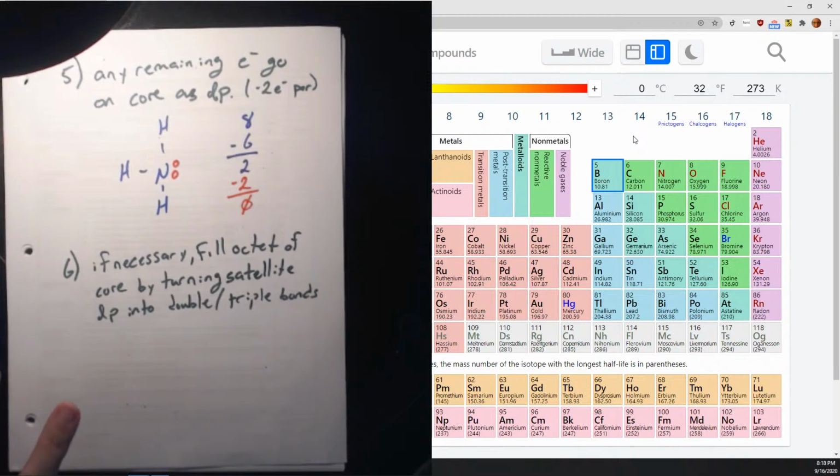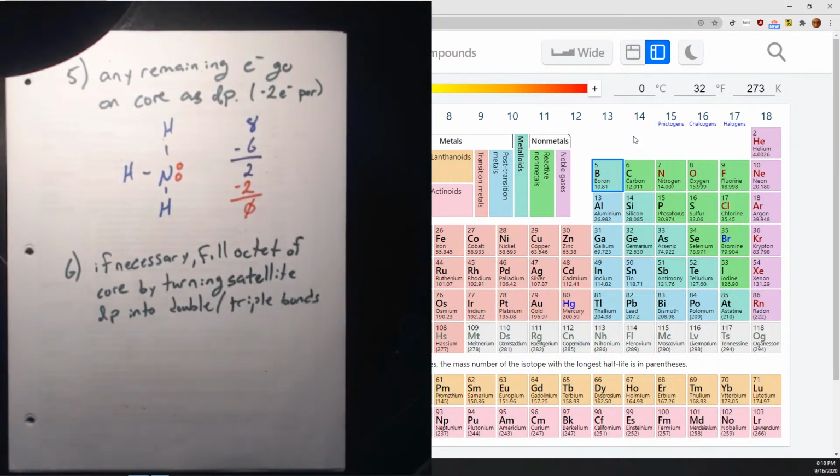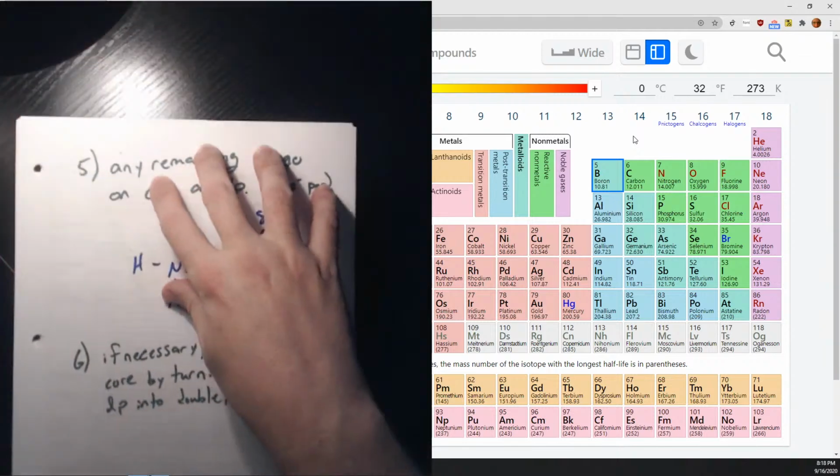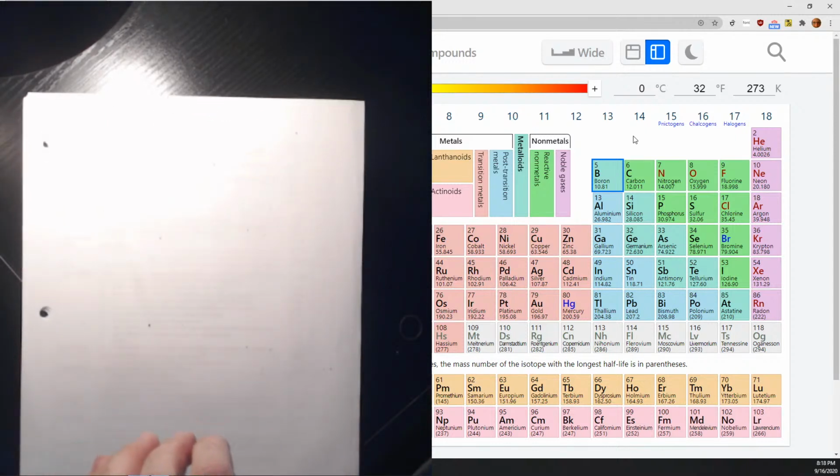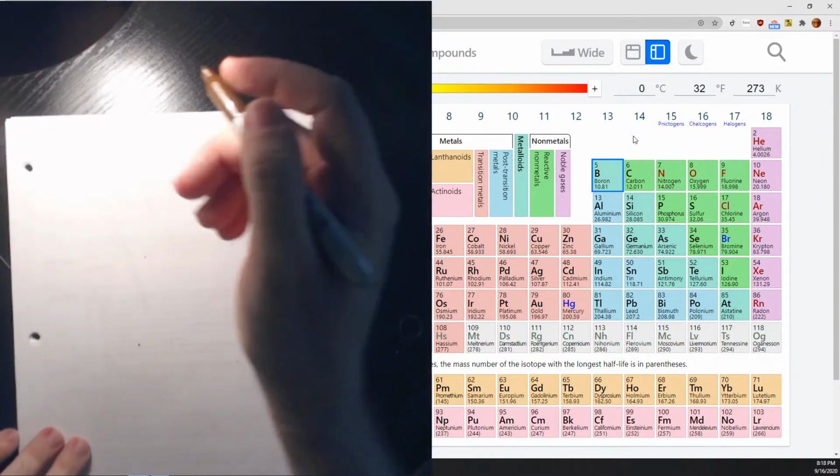That said, there are ways to improve upon that, and that's what I'll talk about after we do some more practice with Lewis structures. That's what formal charges are for. But for now, let's just practice Lewis structures. So first up, let's go ahead, do another old favorite. Let's do carbon